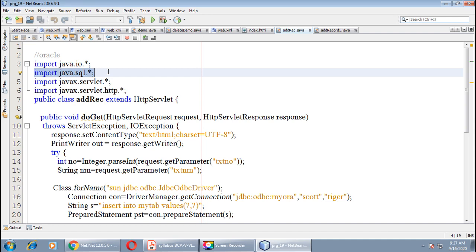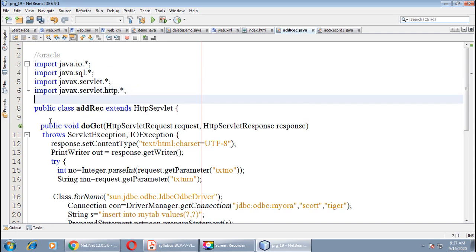The role of this package is very important for the connectivity purpose, because all the interfaces and classes related to connectivity are defined in this package. So we must include this package in our servlet as well. Java.io, second is java.sql, javax.servlet, and javax.servlet.http. These are the packages.